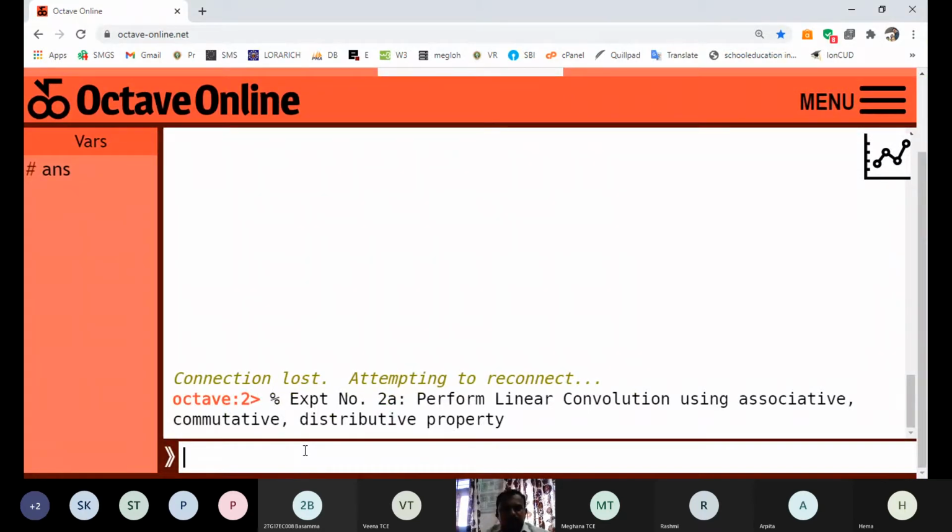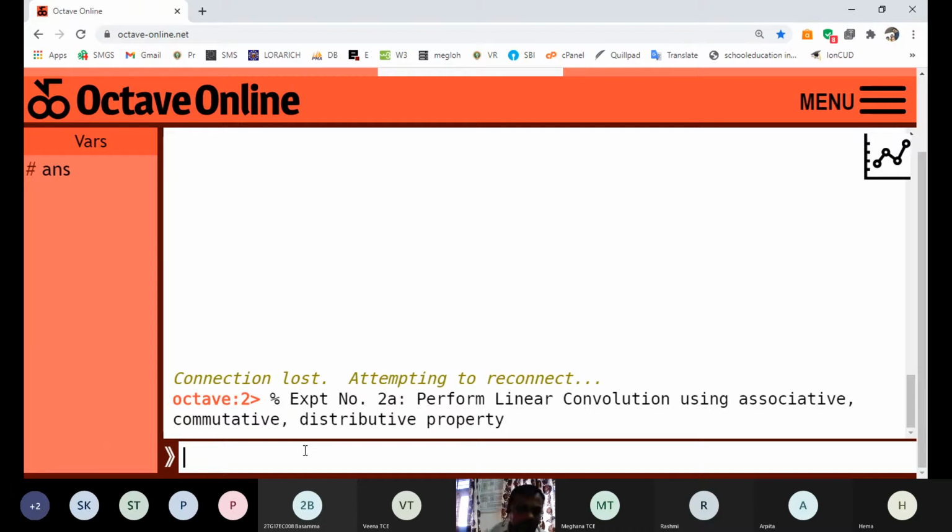In that one there are two experiments we need to conduct. So it is convolution, the two convolution concepts, linear and circular. Second A is about linear convolution and second B is about circular convolution.